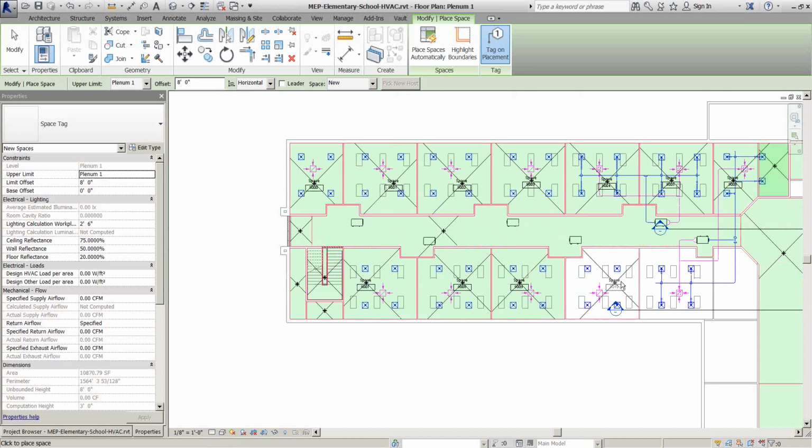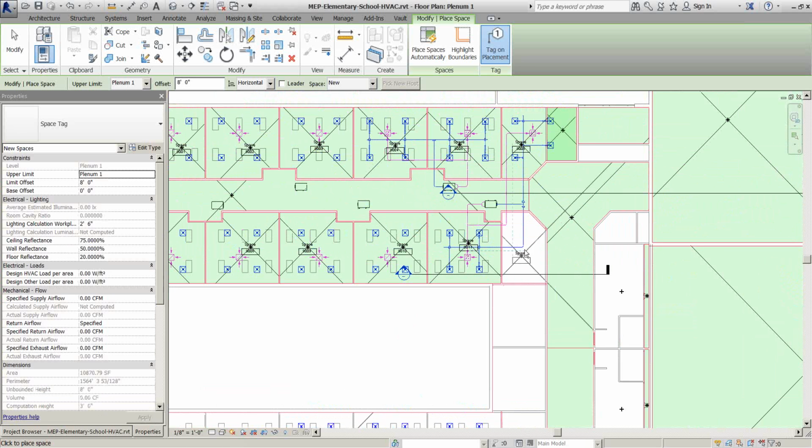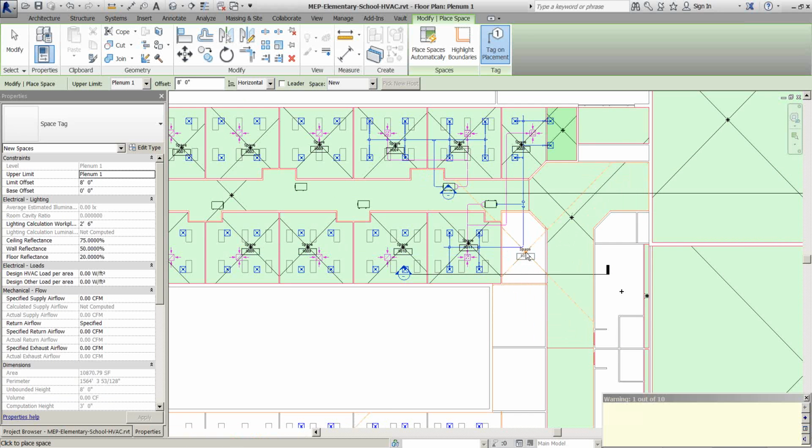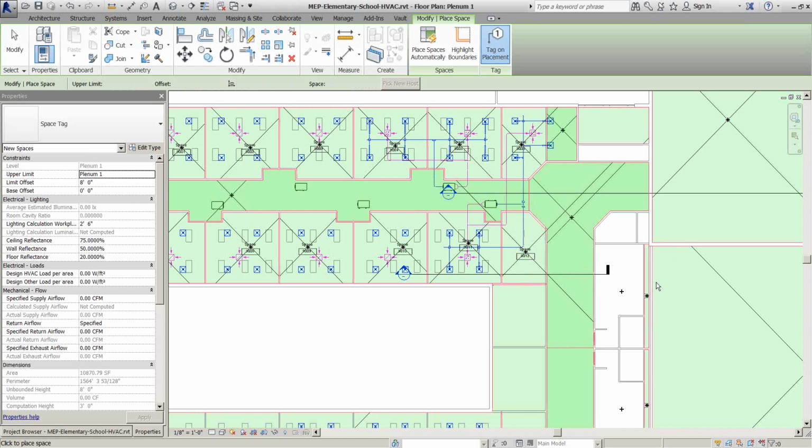So I'm adding spaces to these, and watch what happens when I add to this room. You can kind of see the X is too large. Something funny is going to happen here. It tells me that space volumes overlap, adjust the upper limit, blah, blah, blah. Well, technically that's not what I need to do, but there's 9 other errors. So I hit escape, I ended the